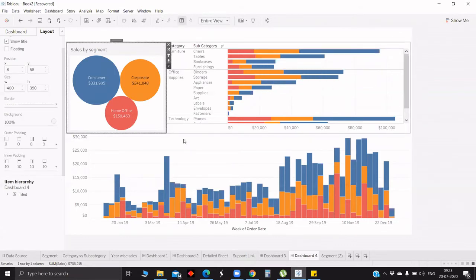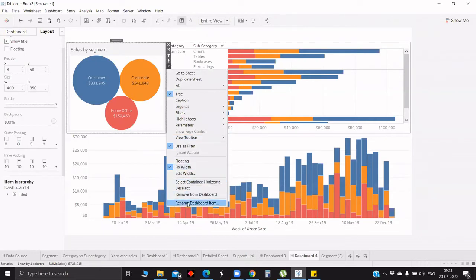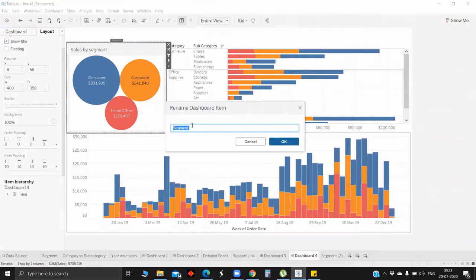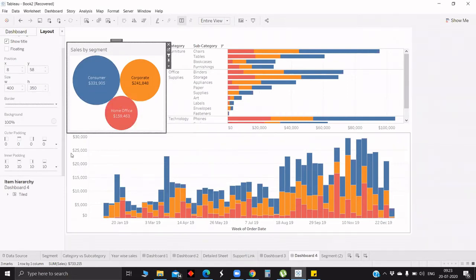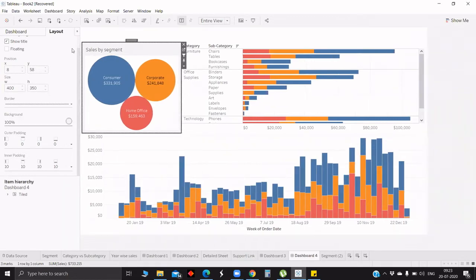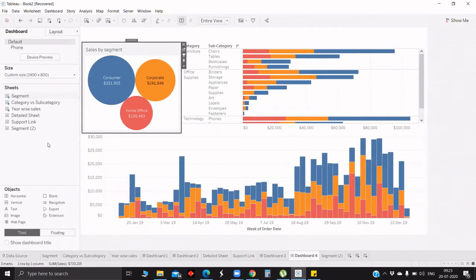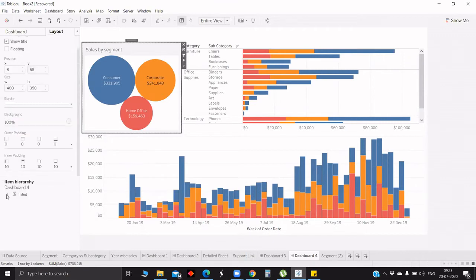So, highlighting action. Okay, rename dashboard item. For example, this is currently segment. Maybe I will rename it as sales by segment. Once we change this, we have renamed the dashboard item.